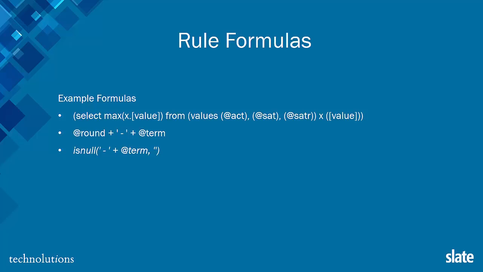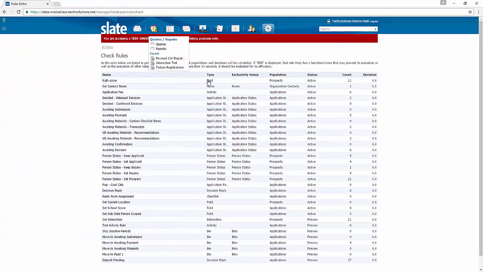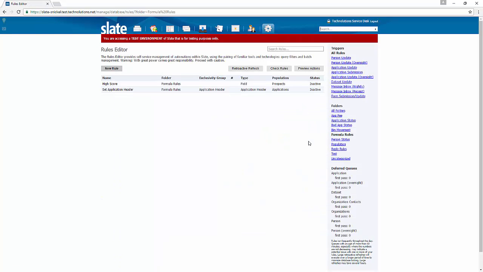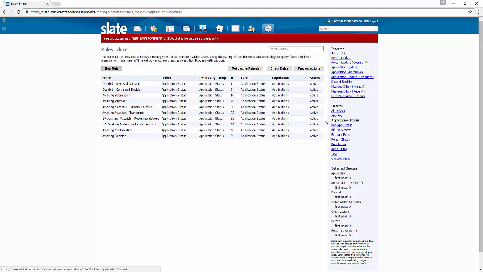Okay, so how do you prioritize rules to be higher importance than others? For example, when staff assign members to records, we want transfer students to be assigned to a particular staff member, even if they live in a state that is assigned to a different staff member. So this goes back to what we were talking about with the priorities on the rules themselves within an exclusivity group. If we take that example of a staff assigned rule,